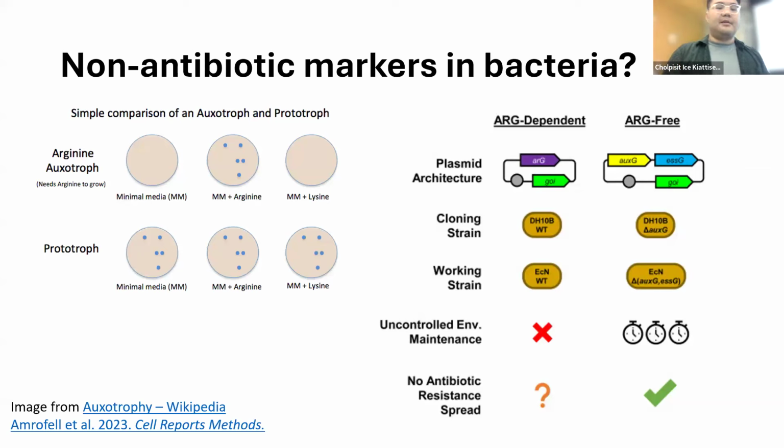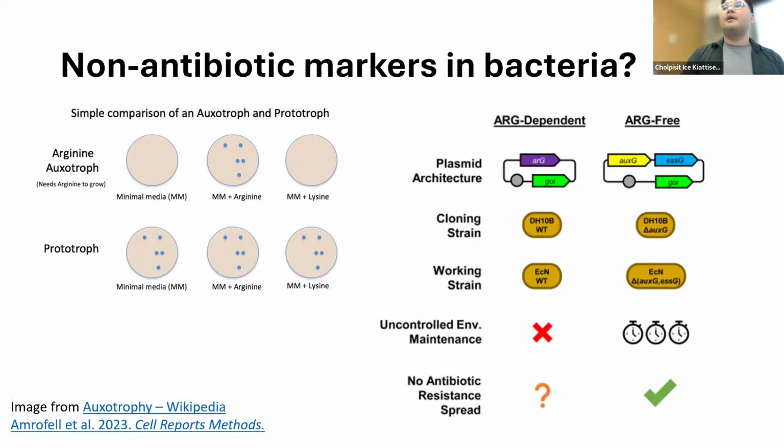This is a good example of the auxotrophic system. On the top is an auxotroph, and on the bottom is a prototroph, which can make the arginine amino acid by itself. You can see that if you have the minimal media, the arginine auxotroph cannot grow. Only if you supply arginine can they grow. If you supply just lysine, it doesn't matter. It's not the right amino acid that they need to grow. So instead of supplying arginine, you supply arginine-producing genes on the plasmid instead. Then you can let them grow. On the right-hand side is a